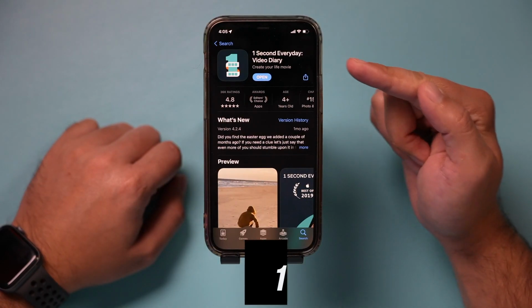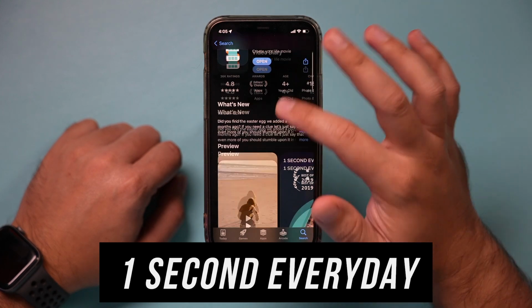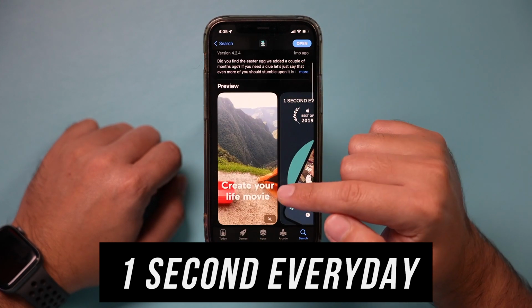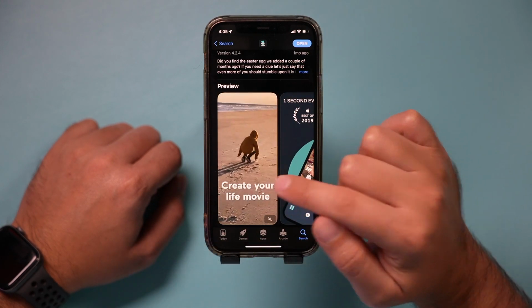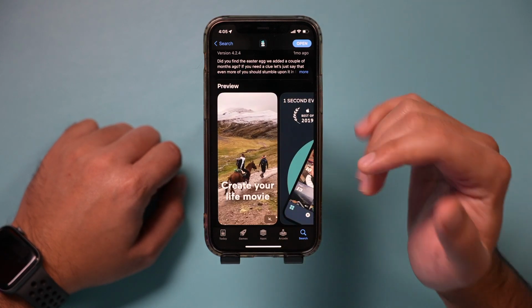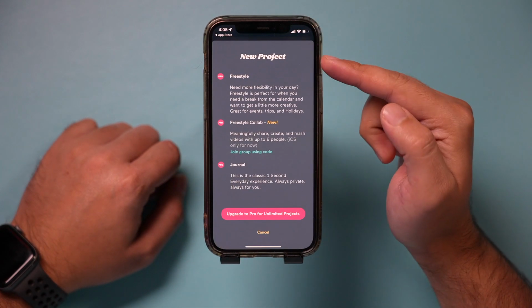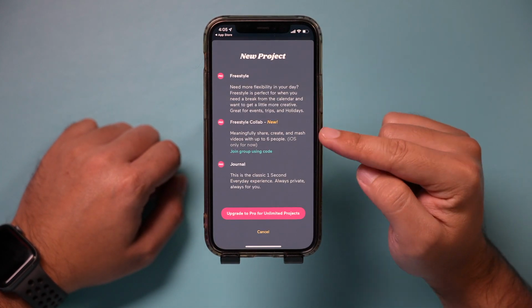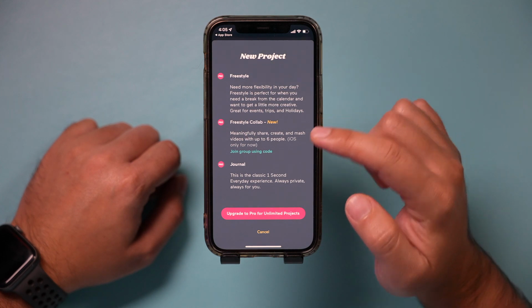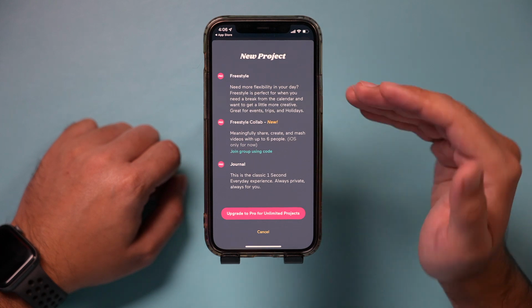Next, we have 1 Second Every Day, which is a video diary app, but it's become a full-blown social media platform lately. So you can basically take a little clip, a little video clip every single day, and then make a movie of your whole year or your whole month, for example. Let me go ahead and open it up. And all you have to do is press the plus sign on the homepage, and you could do these things called freestyle collab, where you could actually share and create videos with up to 6 people,